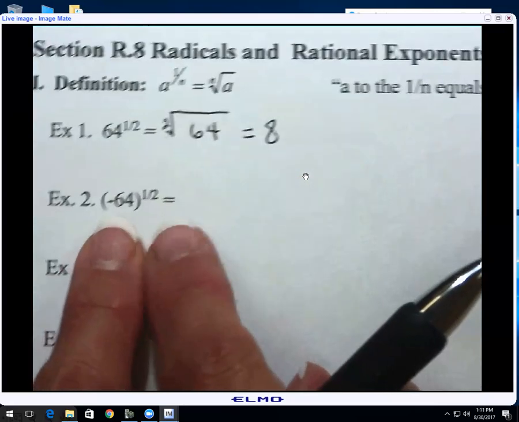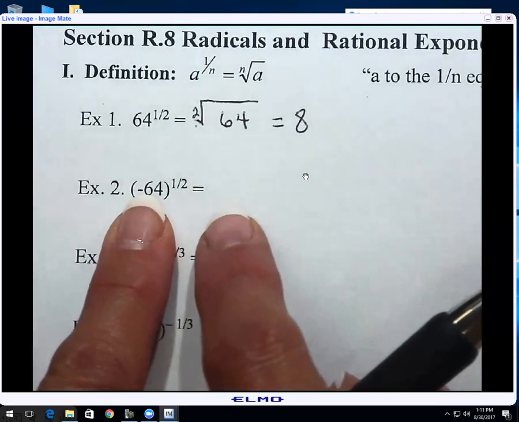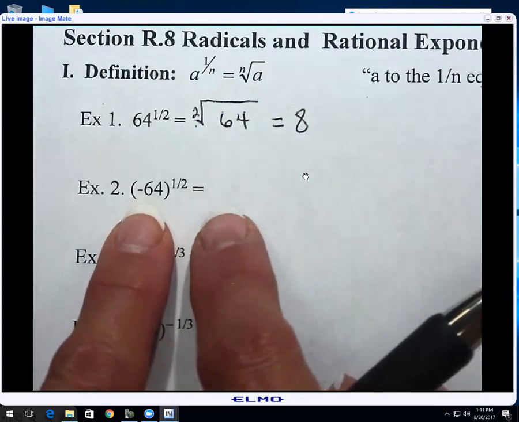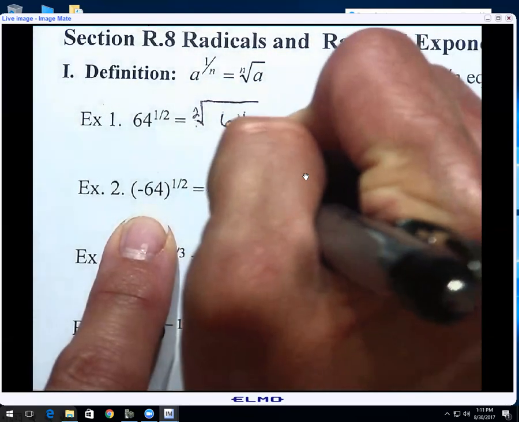What about negative 64 to the 1/2? If I wrote that with a radical, what would it be? Square root of negative 64. Hey, think about